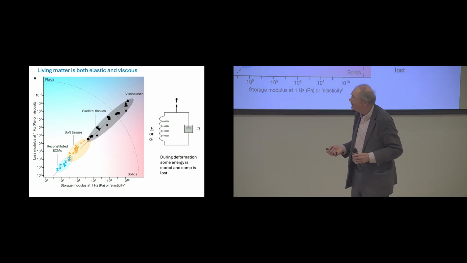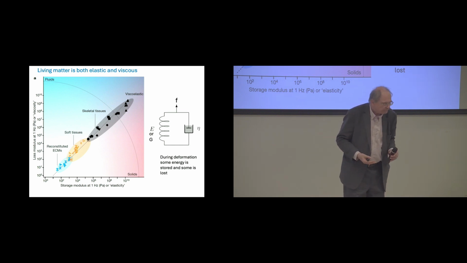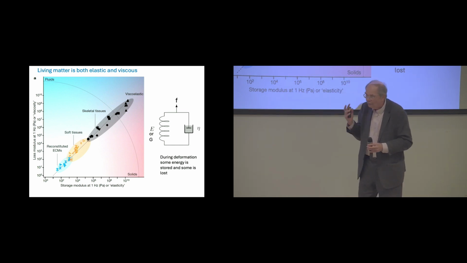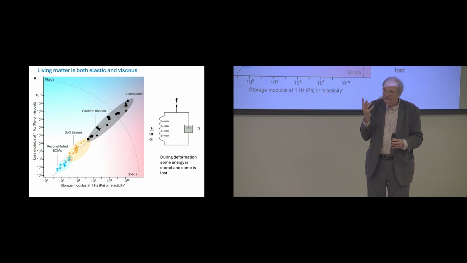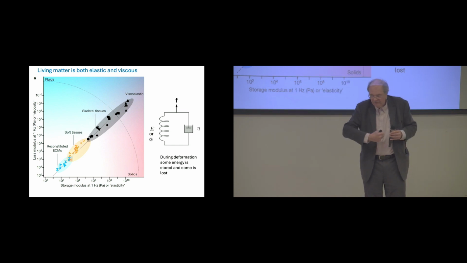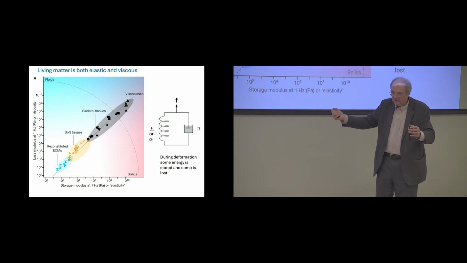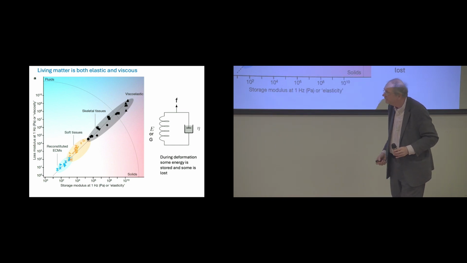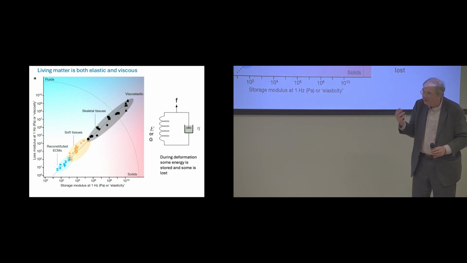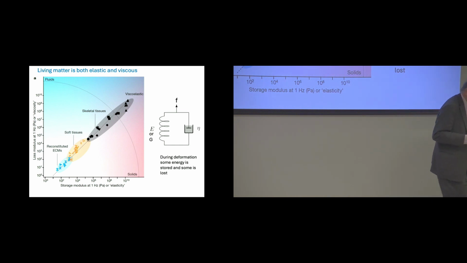Okay, so that's the idea. You're part spring, part viscous dissipation. And those 2 elements are in parallel. If they weren't, if they were in series, when you pull on your tissues, they would keep pulling. But they're in parallel, so you will elastically recover, but some of the work is dissipated. All right, and it's important to understand both of those elements.